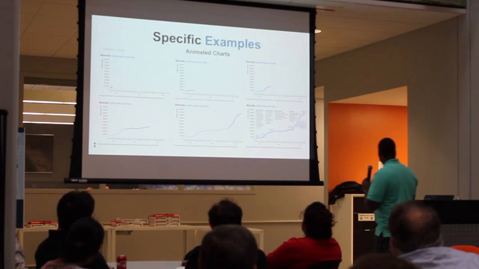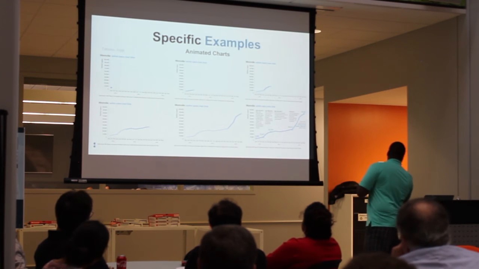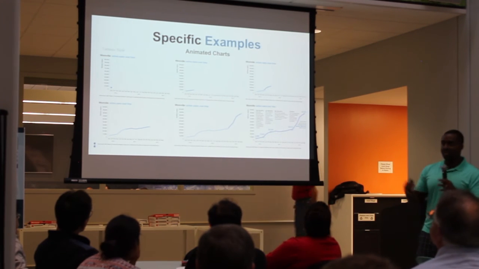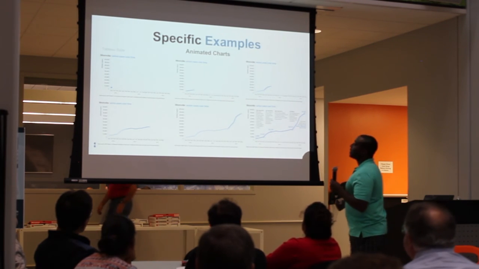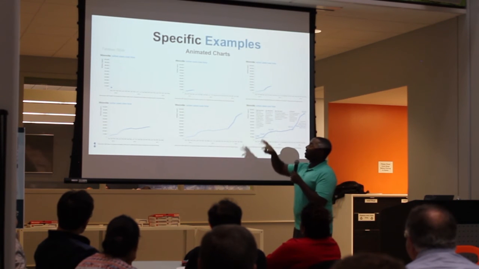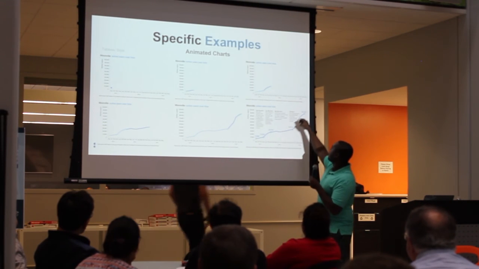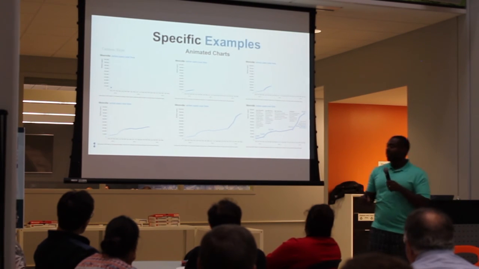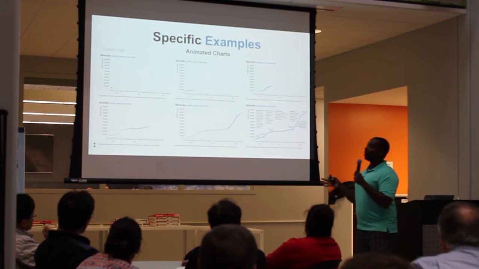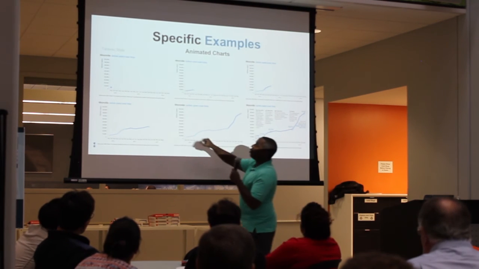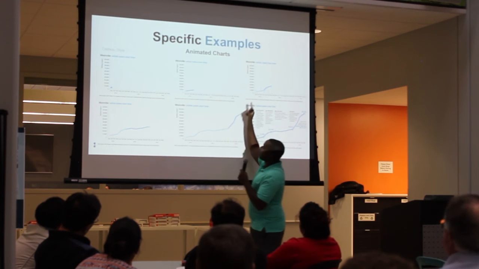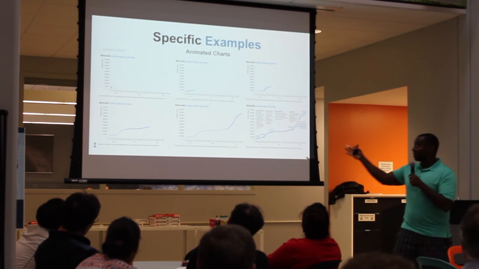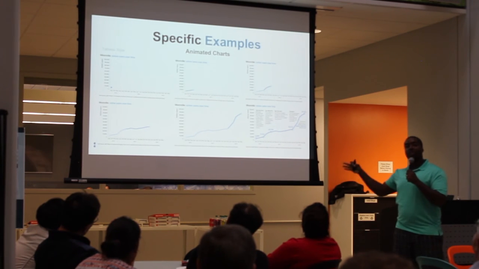So animated charts. This is what I wanted to download. Tableau is the software you can download. This is the way they kind of do animated charts. And so this is your end result. You might have this chart talking about active users online, but they want to walk the user through a story. And so they start with just one piece of it, and they walk you through each step, different frames, similar to what I talked about earlier with different charts. Now this is the same chart, but you're just walking through a story.